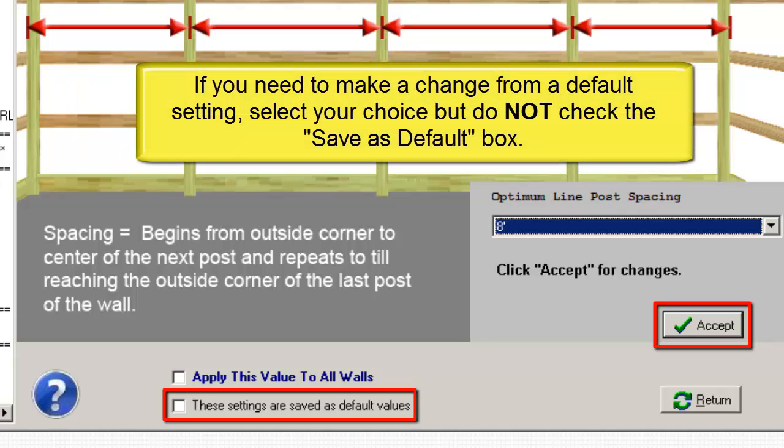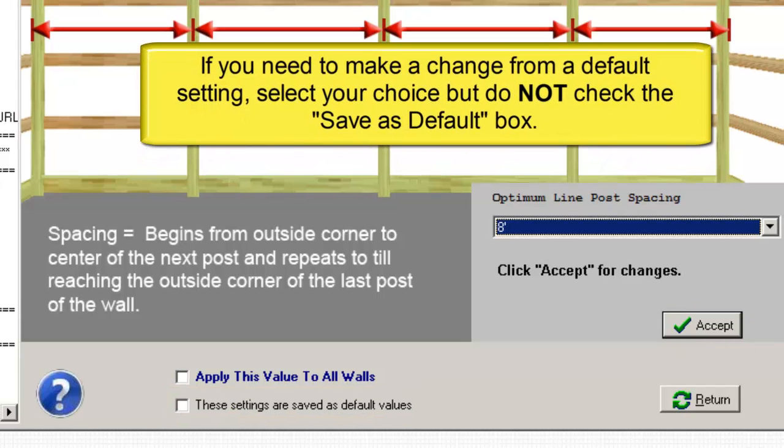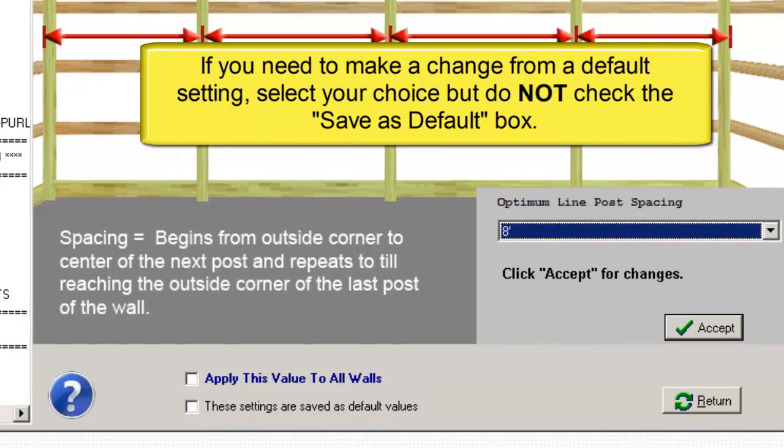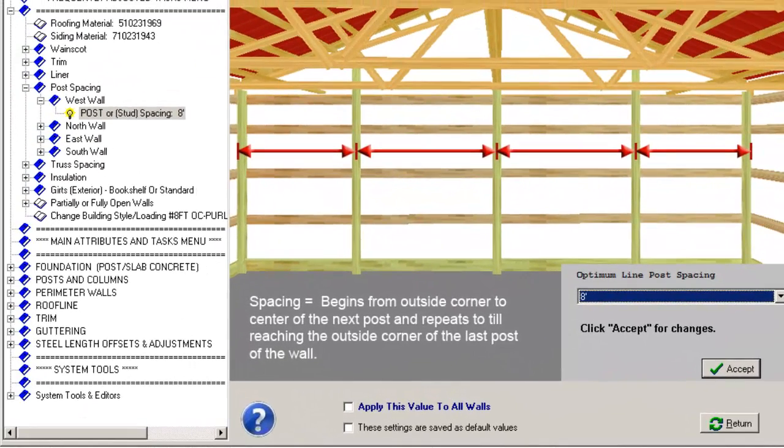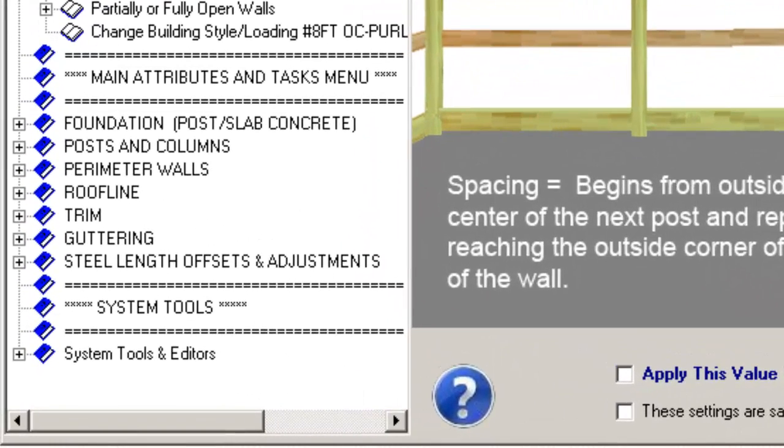In the case where you need to make a change from a default setting for a specific circumstance, go ahead and make that change and click the Accept button after doing so. Just don't save the new value as a default, so your usual choice remains fixed. The Save as Default checkbox becomes more important when you explore the second section of the primary attribute screen labeled